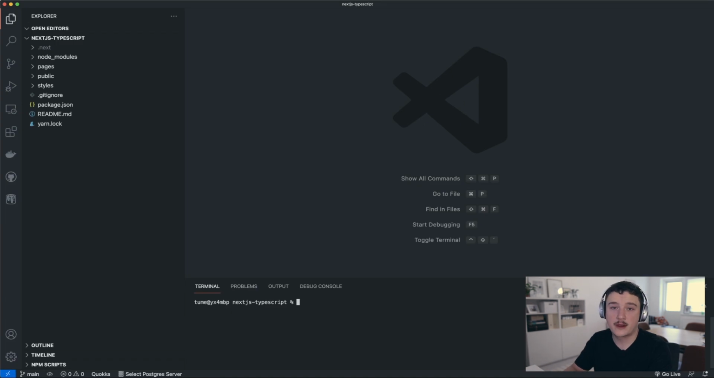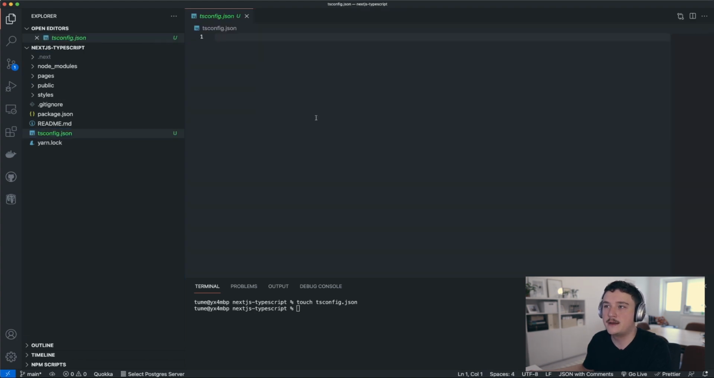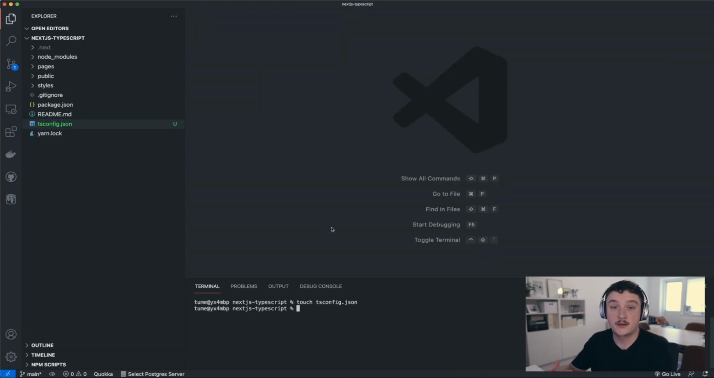And the first step for adding TypeScript to our application is to add a tsconfig.json file. So I'll do just that. And we'll create it in the root directory of our project. You can see we have the tsconfig file created. And now when we run yarn dev,